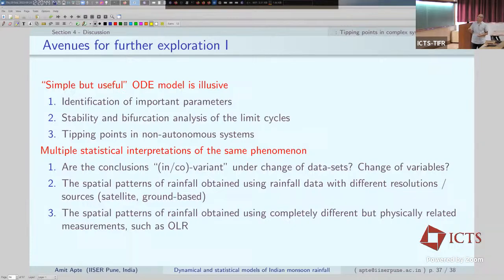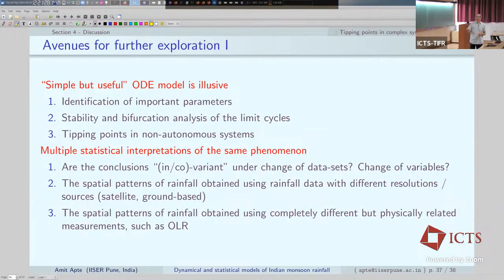By the way, there is this additional thing that I didn't show much about. The rainfall data set I showed was something like 25-degree resolution. If you apply exactly identical methods to a 100-kilometer resolution data set, quite distinct results come out. Even on a visual comparison, they are not quite comparable. Now that's terrible news, right? If the conclusions are changing with changes of data sets or resolution of data set, you have to be really, really cautious about this. So this is very, very tricky in these cases.